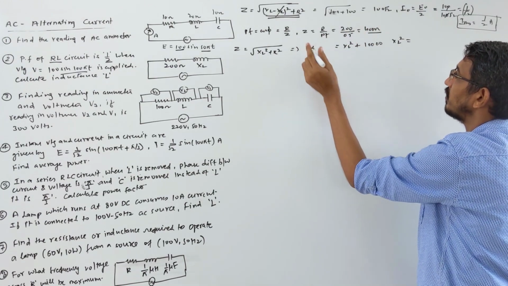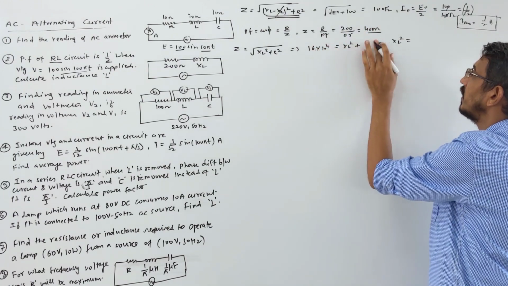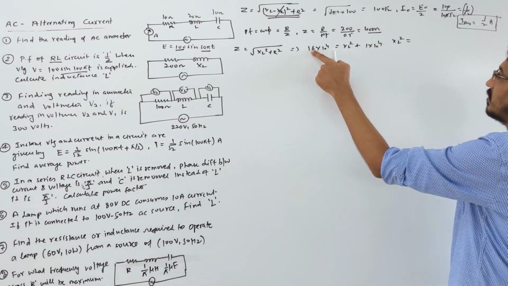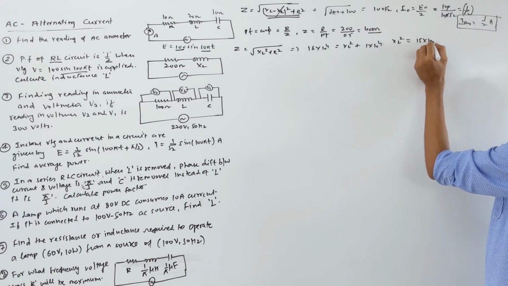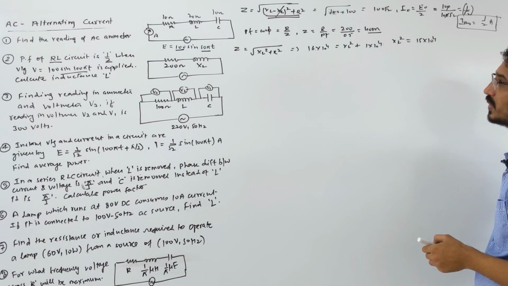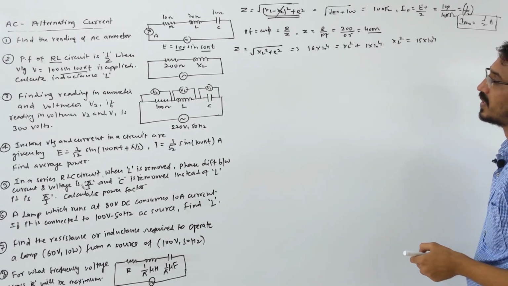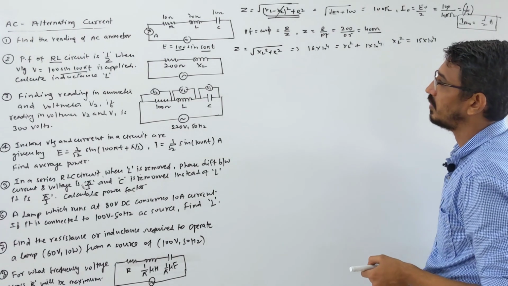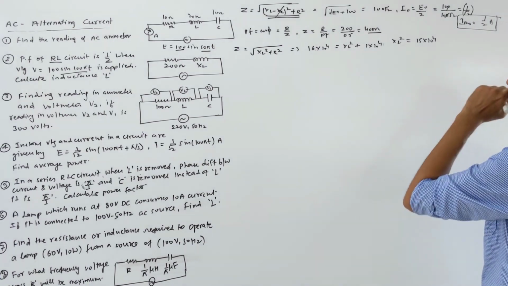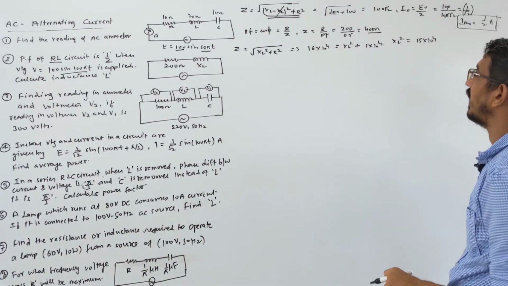Okay, let's try it in terms of powers. I always confuse 10 power 4 here. So this minus this becomes like 15 into 10 power 4. Now we need the root of this. Okay, I think I'm making some calculation mistake here. Can you check what mistake I'm making? Actually nothing is wrong, it's correct, but I'm doing the calculation very badly.